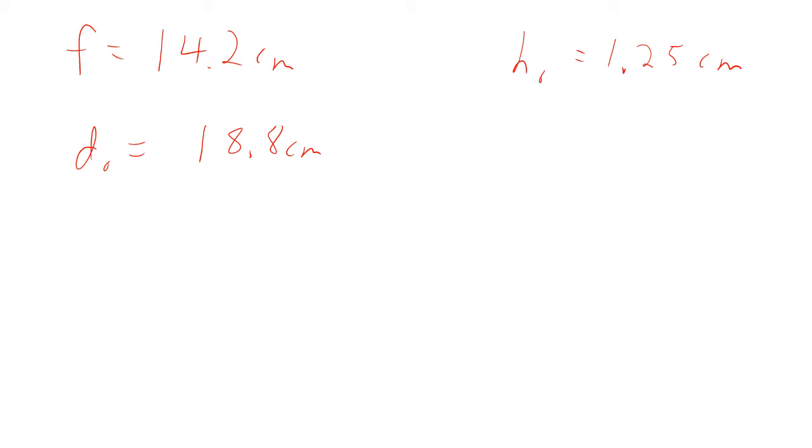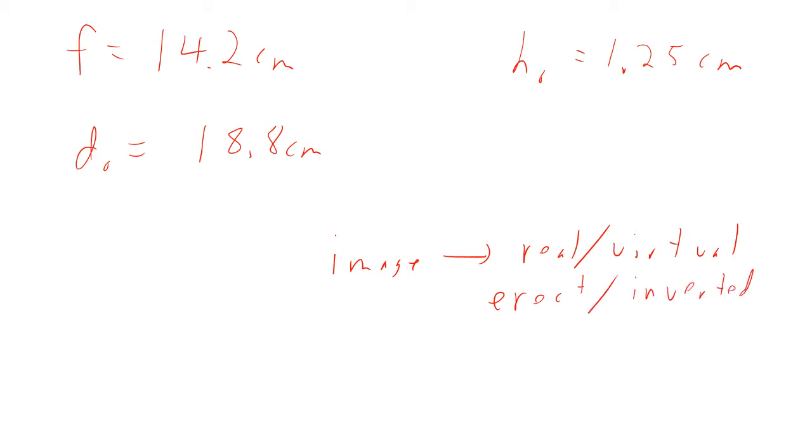So for characteristics of the image, I want to know, is it real or virtual? I want to know, is it upright or inverted? Or we would sometimes say erect or inverted. Okay. I want to know the size of it, so that would be HI. And then I would know the position, so the position would be DI. Okay. So first